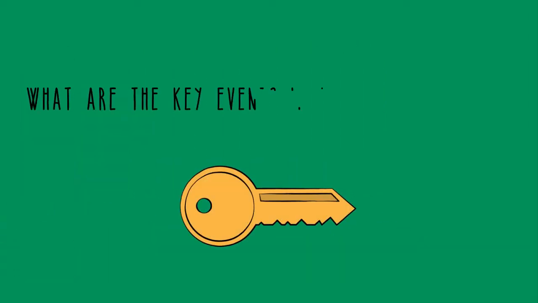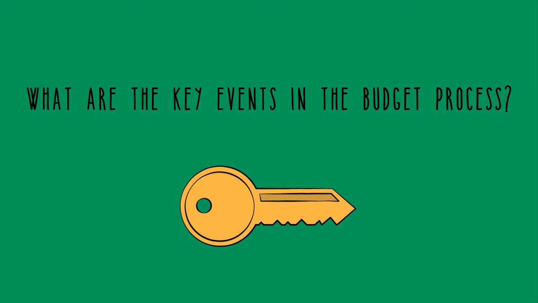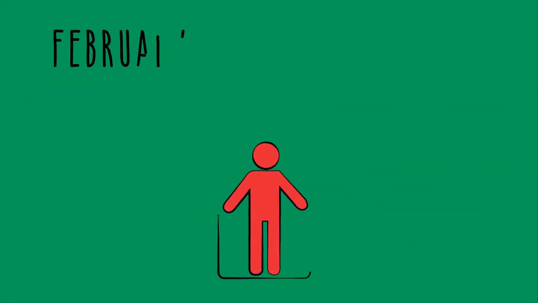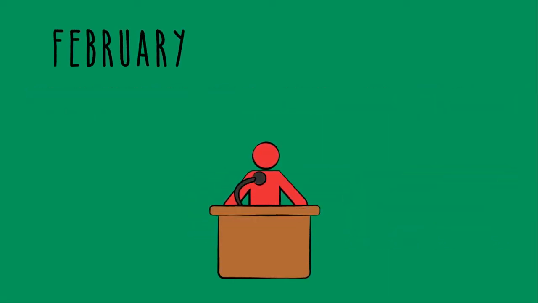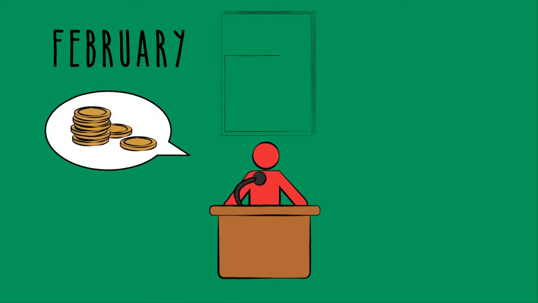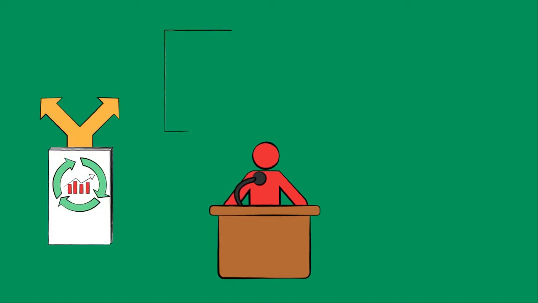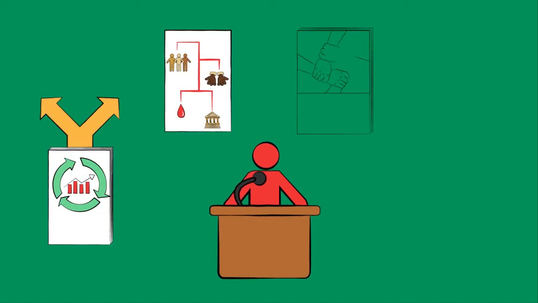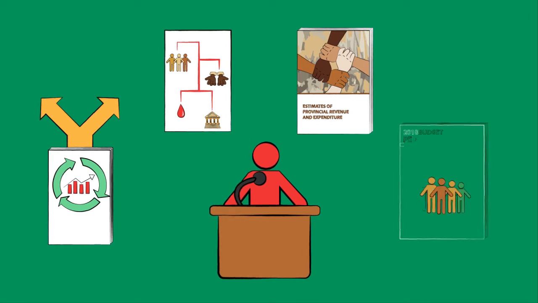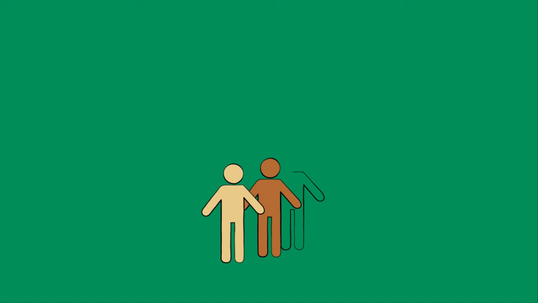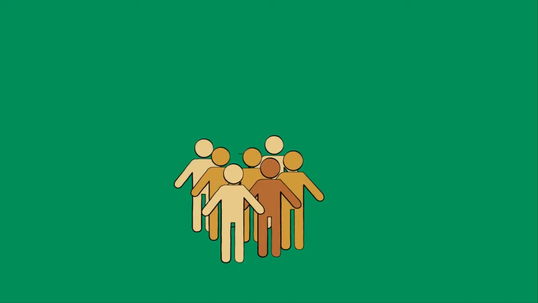What are the key events in the budget process? In late February, the Minister of Finance presents the budget in Parliament, comprising the budget speech, the budget review, revenue bills, the division of revenue bill, the appropriations bill, the estimates of national expenditure, as well as a People's Guide to the budget. After the budget speech, Parliament committees on finance and appropriations invite the public to give feedback on